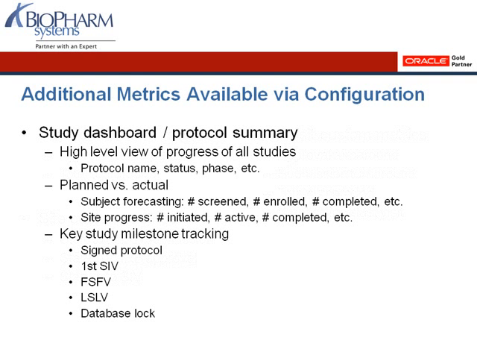And then we've also done another more robust study metrics configuration for past clients as well that allows for really good visibility into some key metrics related to a study all in one area. And this was done just by doing some Siebel configuration and some basic BI report development. So essentially what this configuration consisted of, and we called it sort of an executive summary or a protocol summary, but it gave a high-level view of progress of all the studies, of each study, basic information about that study.